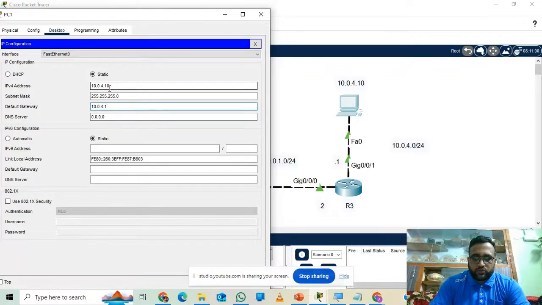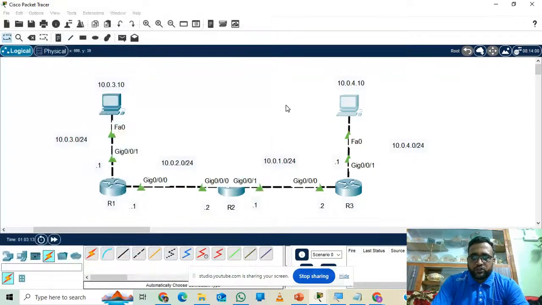Okay, so the IP address of this interface would be acting as the default gateway for this PC. Okay, so here we have set the IP addresses on our network. So now let's